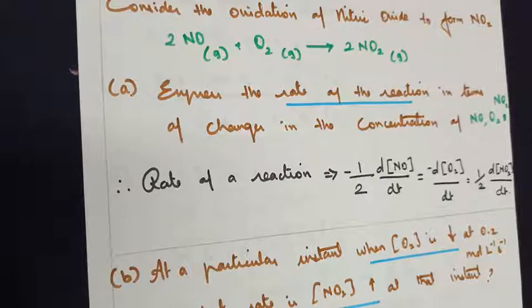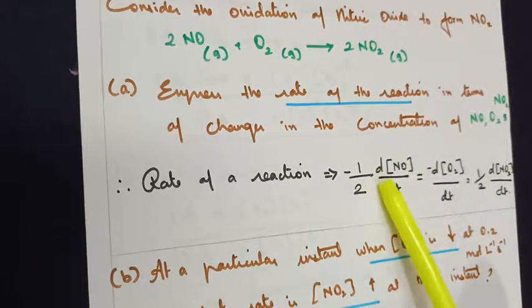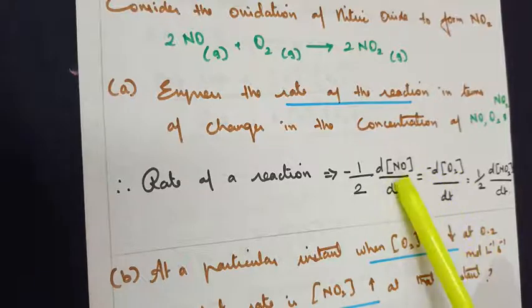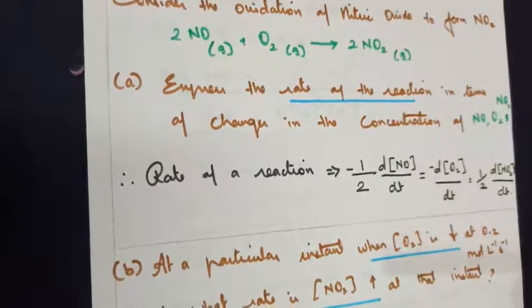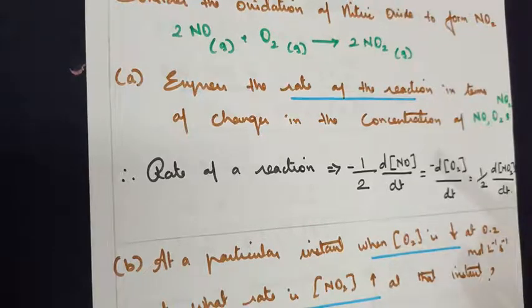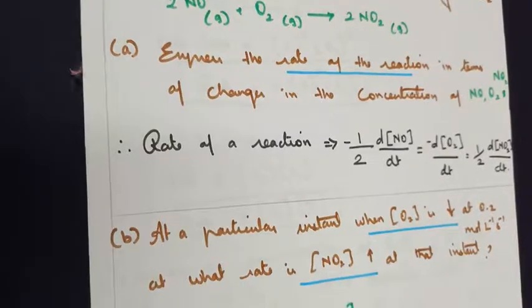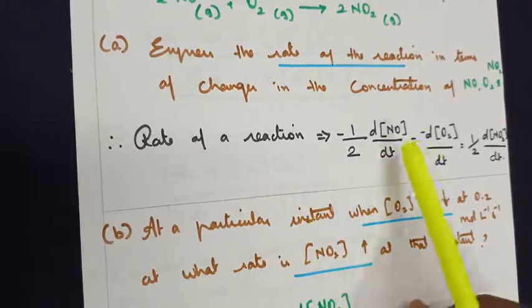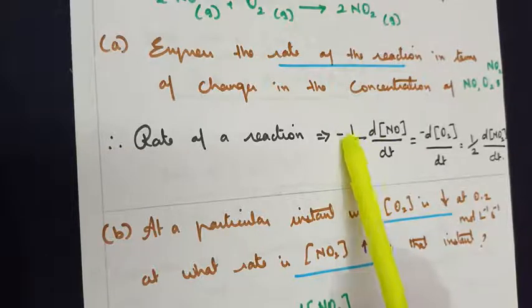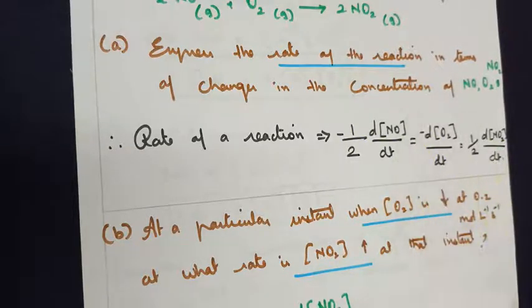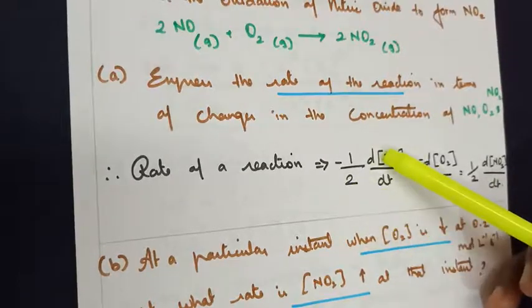Do not take things for granted, saying that such types of questions will not be asked in the exams. They are also asked, so kindly throw that away from your mind. Do not think chemical kinetics means only complicated questions. Every question is easier provided you understand the concept. As your teacher, I will contribute my best to make you understand better and in an easy manner. So this is how to write the rate of the reaction. Where you students will make a mistake is, in a hurry of writing, you will not add this minus sign here. So please remember. So we have got the answer for the first question.